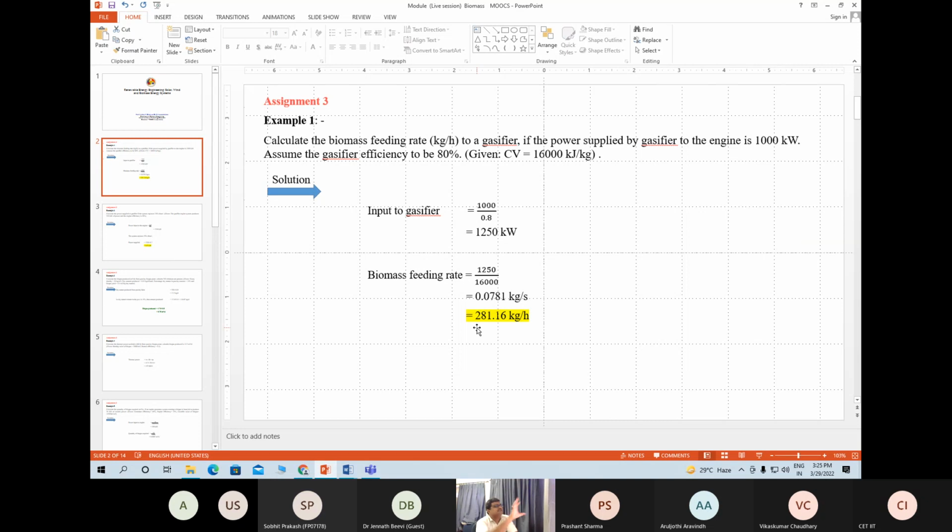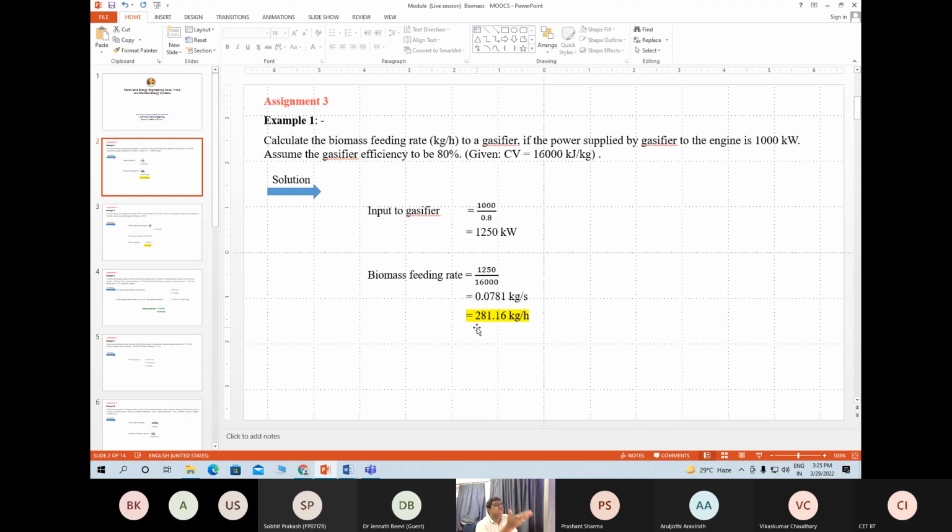In this case, it was asked to calculate the biomass feeding rate. Since it is a feeding rate, I have mentioned kilogram per hour, but I can also say calculate it in kilogram per second for a gasifier. Now, the power supplied by the gasifier to the engine is 1000 kilowatt. That means this is the output from the gasifier going to the engine. The gasifier efficiency is also given as